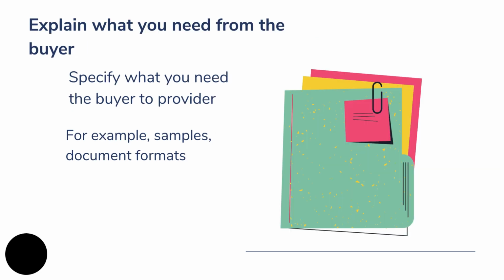Then the next thing is that you need to explain what you need from the buyer. Now it is important to look professional when you are handling the buyers. When you are trying to persuade the buyers, you have to be professional. A professional will always know what is required to complete a particular task. For example, if you are a professional